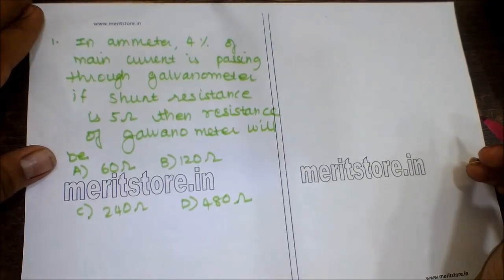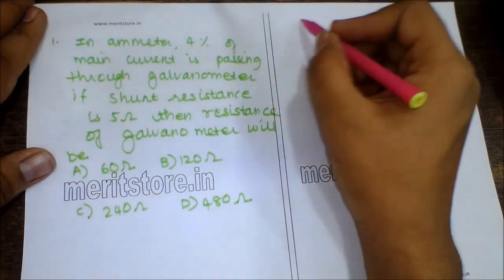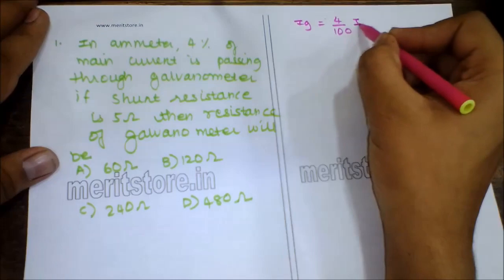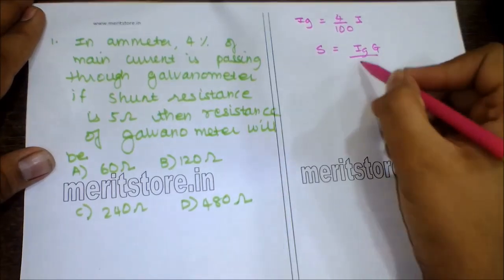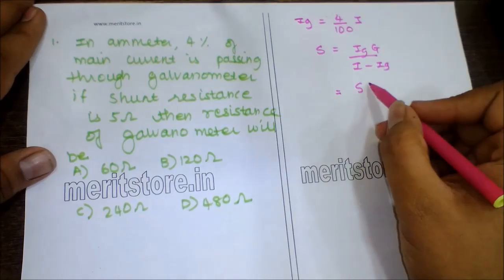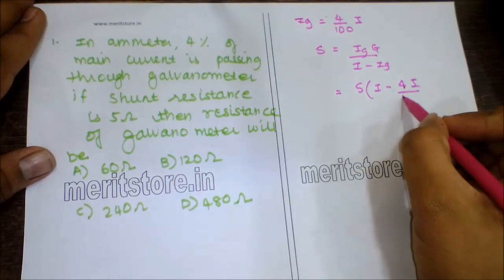Question number 1. In an ammeter, 4% of the main current is passing through the galvanometer. If the shunt resistance is 5 ohm, then the resistance of the galvanometer will be. Now to calculate the resistance of the galvanometer, Ig is equal to 4 upon 100 I, where S is equal to IgG upon I minus Ig. Putting the values we get S, I minus 4I upon 100